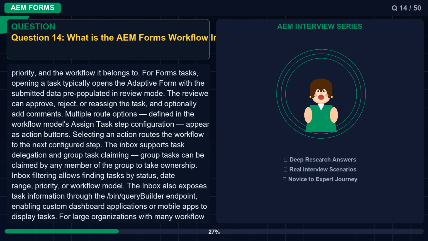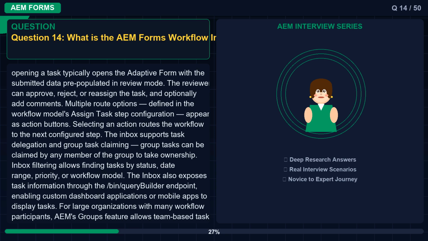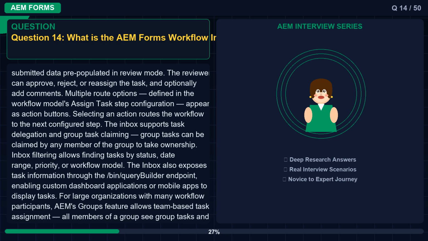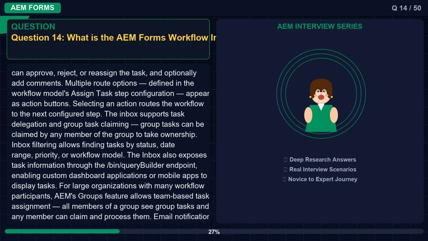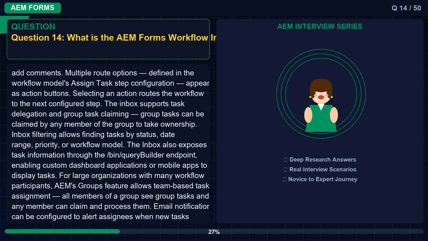The inbox supports task delegation and group task claiming. Group tasks can be claimed by any member of the group to take ownership. Inbox filtering allows finding tasks by status, date range, priority, or workflow model. The inbox also exposes task information through the /bin/query builder endpoint, enabling custom dashboard applications or mobile apps to display